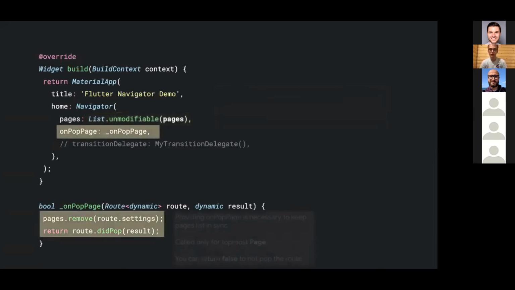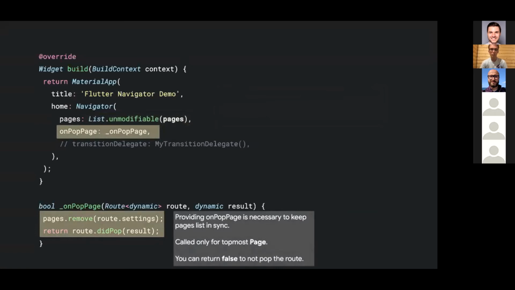Then you need to provide this onPopPage callback. So for instance, if you pop your topmost page, and it only works for the topmost page with the back button, you need to keep the list of pages in sync with your own pages.